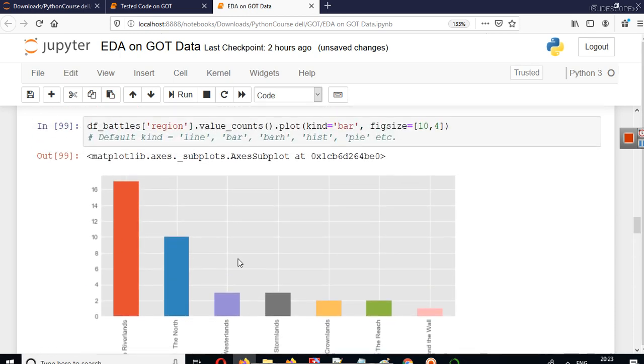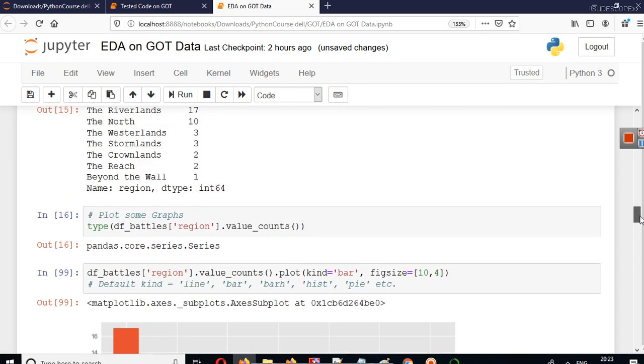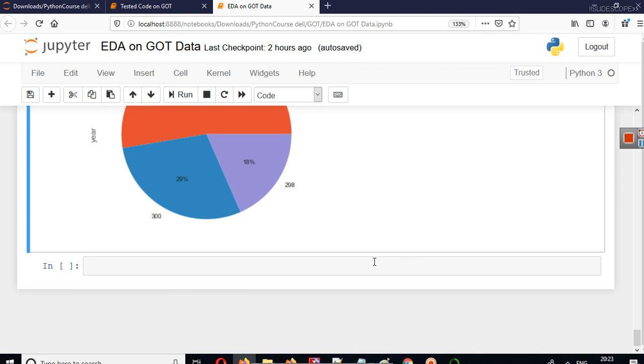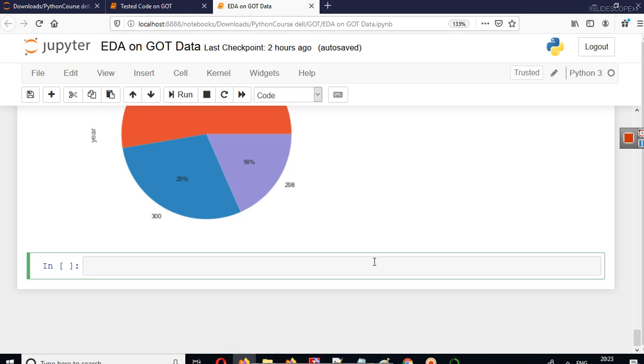Now I will explain why the style of this graph changed, because I was trying different things and I changed the style here. First I want to explain that there is a library in Python called matplotlib, and we can import pyplot as plt from matplotlib. Again, the basics of matplotlib are also discussed on our channel, and you can watch some videos there.